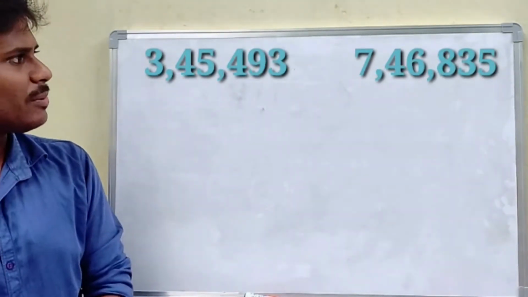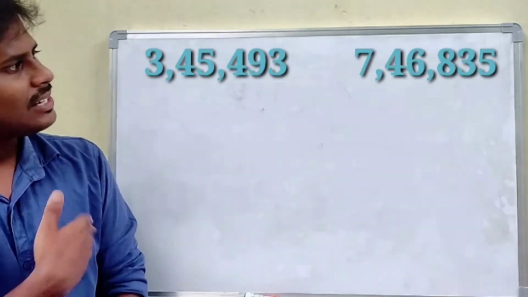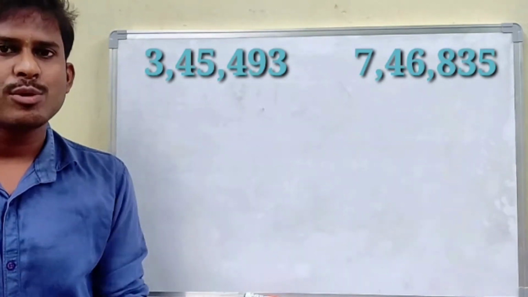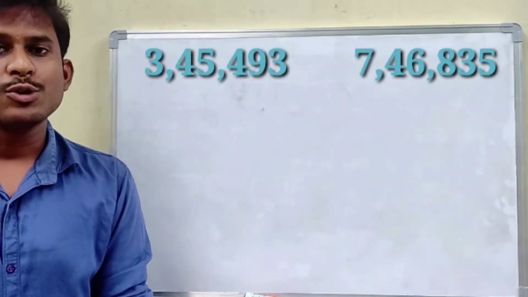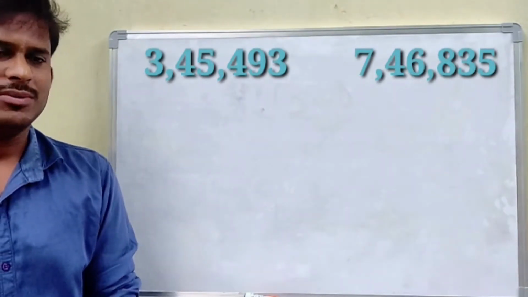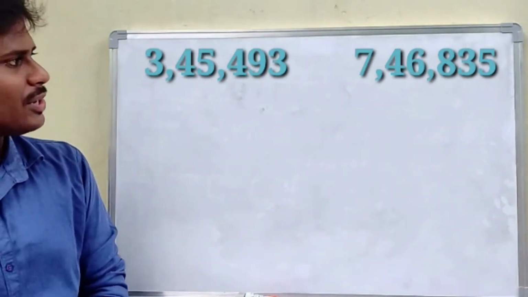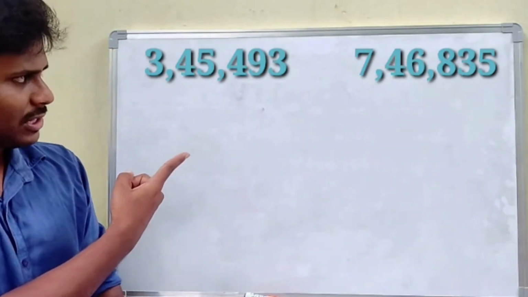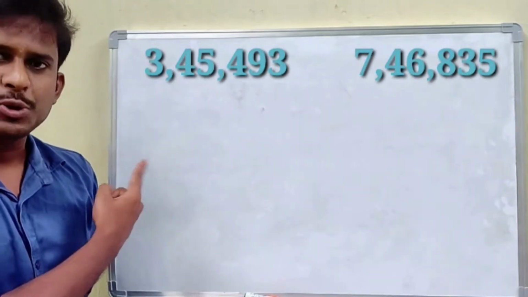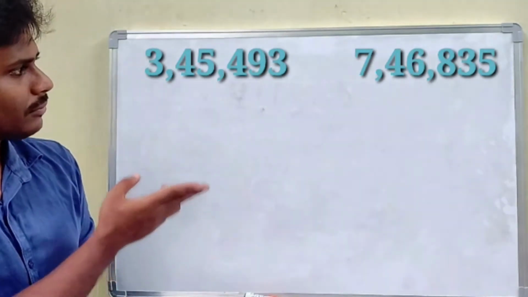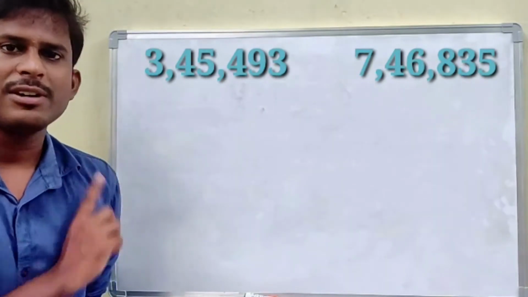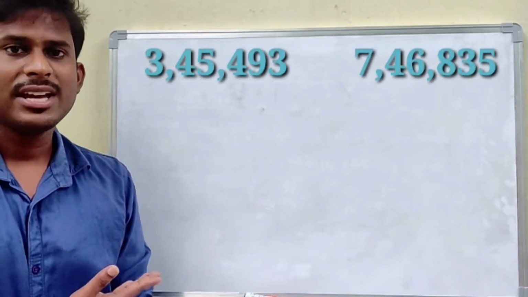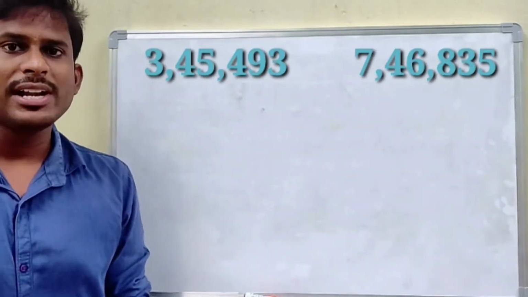see, these 2 numbers have 6 digits, 6 digits. When the given numbers have the same number of digits like this, we have to look for the highest place value. Look, what is the highest place value here? First count with periods. In the ones period we have 3 places. In the thousands period we have 2 places in both numbers. And in the lakhs period we have only 1 place. Now what is the highest place value here? The highest place is the 1 lakh place.